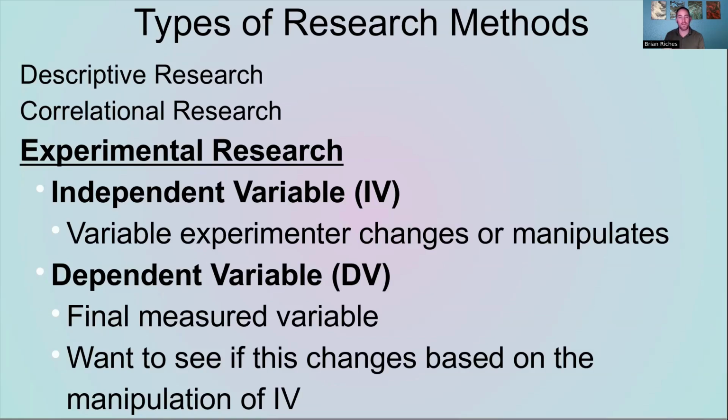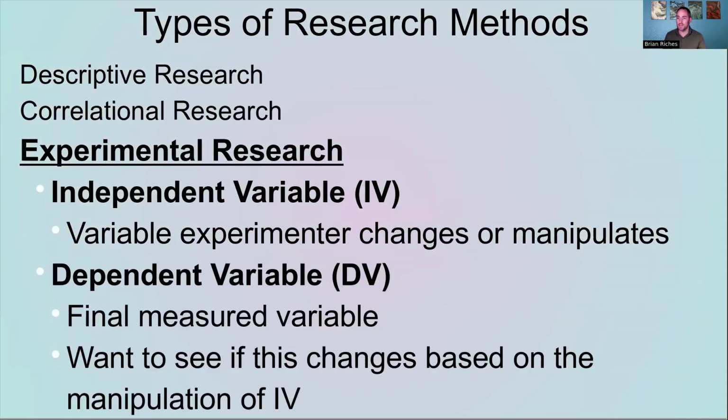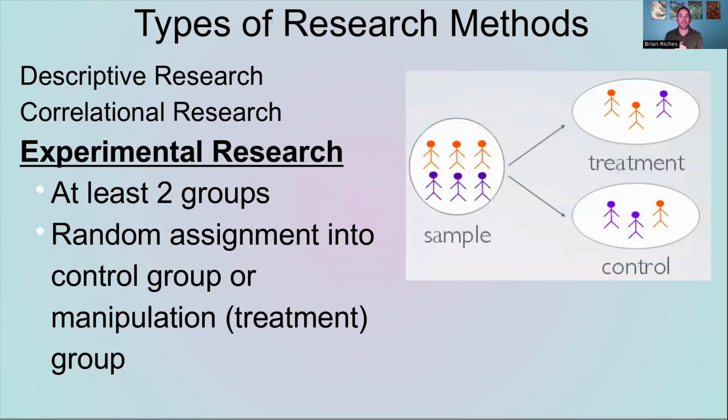So that's two dependent variables, even though we're manipulating one. So for an experiment, you need at least two variables. You can have more, but you need to manipulate at least one of them and see if it causes a change. So with this, the better thing than just taking one classroom of students and splitting them up,